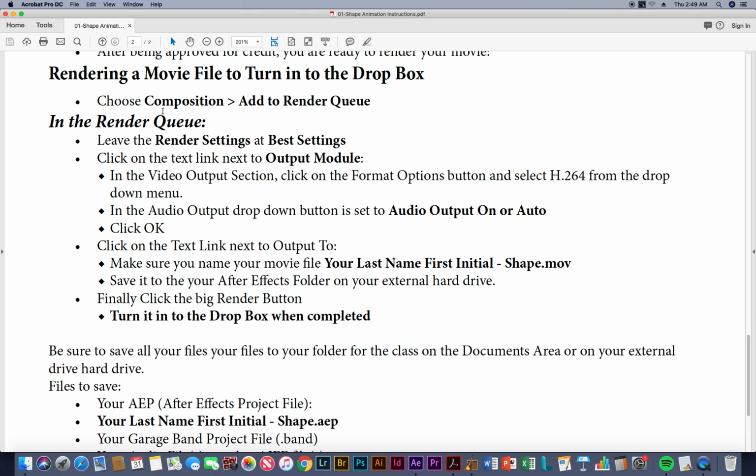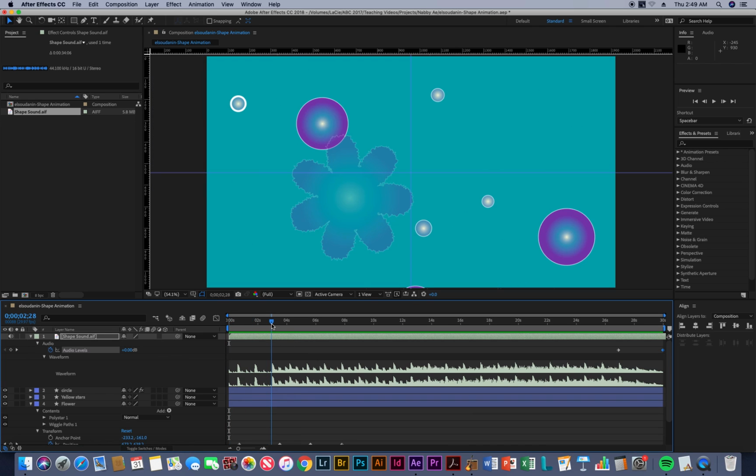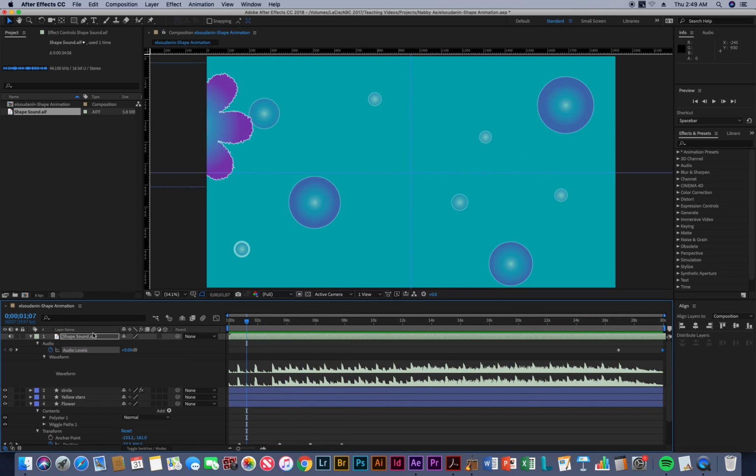So for rendering, there are instructions here, and I'm going to go over how to do that right now. Okay, so you have the timeline open and active that you're going to be rendering. In this case, I only have one composition in my project, so that's what's on the timeline and what's displaying in the composition panel. So that's what I want to render. There's a work area. Make sure that you extend your work area to the full length of the project that you want to render